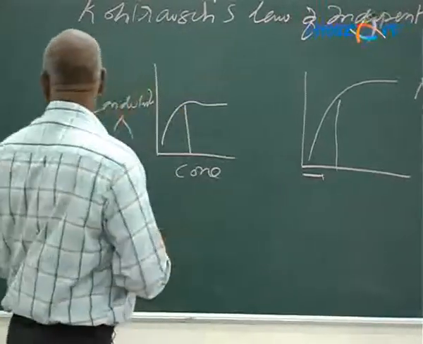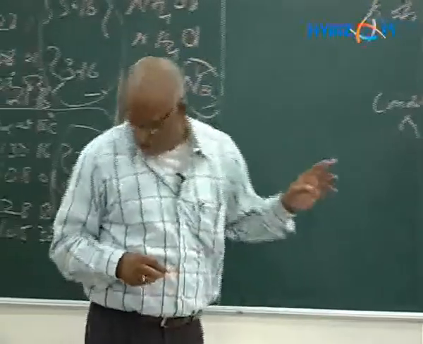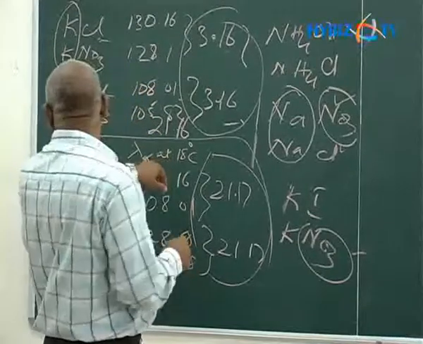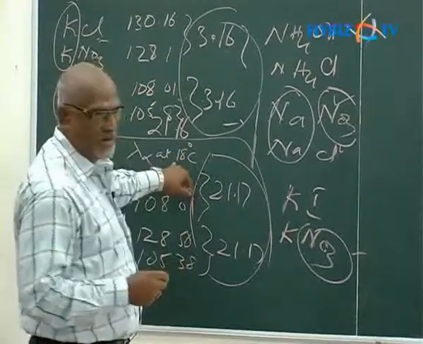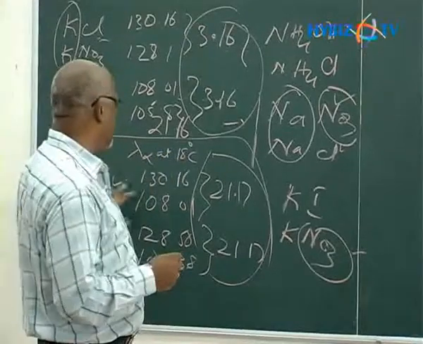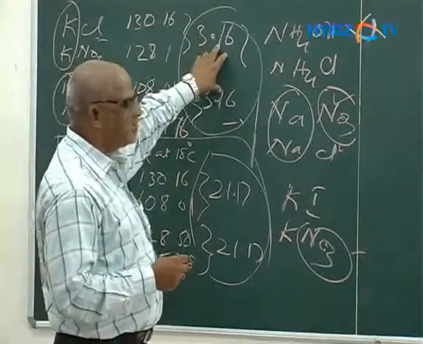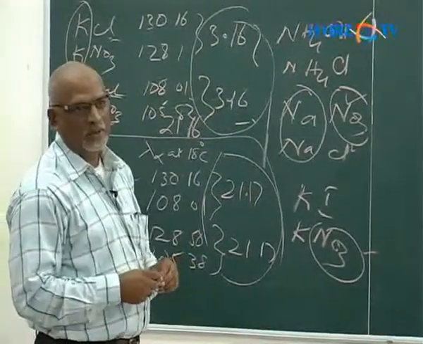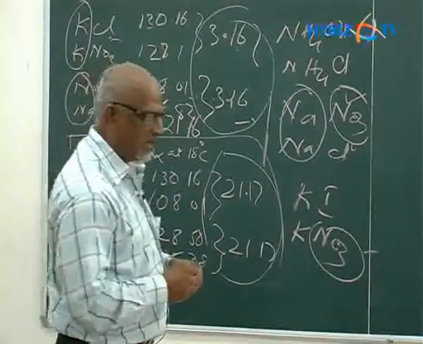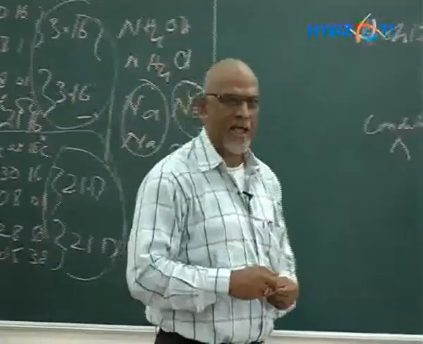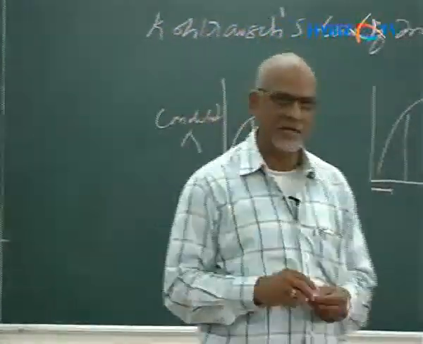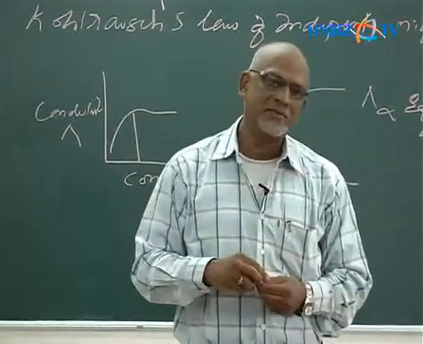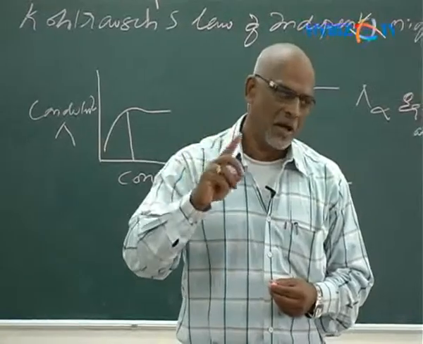These more ions will carry more electricity. Now, as I told you in the earlier class also, you have a table here showing conductivity at 18 degrees centigrade at infinite dilution for different pairs of salts, and you will see the difference is constant for a given pair of salts. Why is this happening and what is its significance? This proves that irrespective of the cation present, the anion is behaving as if it is the only ion present in the solution.